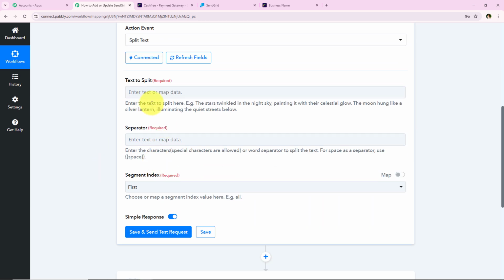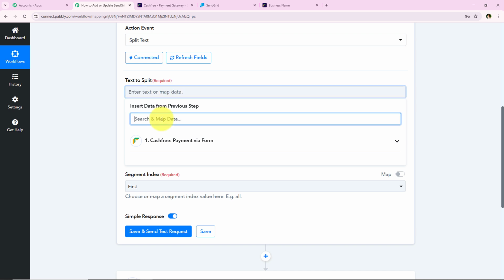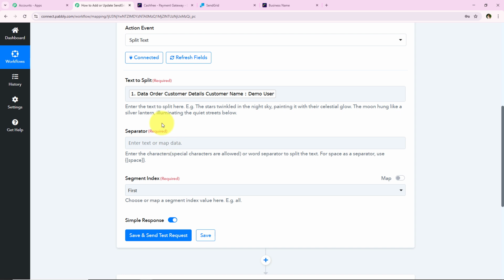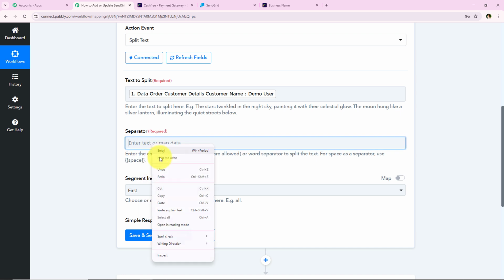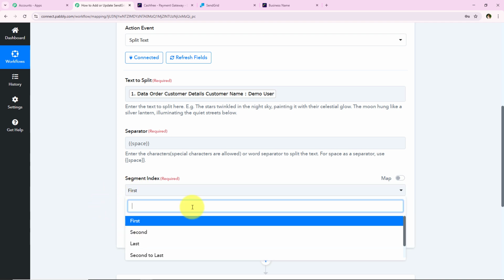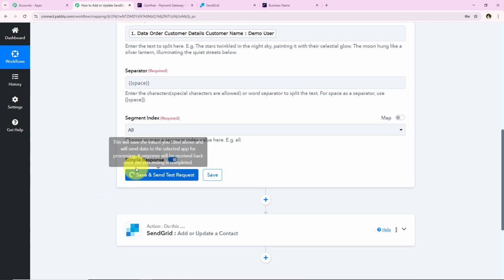Over here it is asking me for the text to split. So over here I'm just going to map the name because this is the name I want to split. All right, we're going to move on forward towards the separator. It is asking me to enter the characters or word separators to split the text. Over here I want the space to be my separator, so for that I'm just going to use this right over here, which is space. So I'm just going to copy and paste it right over here. And now for the segment index, I'm just going to keep it as all